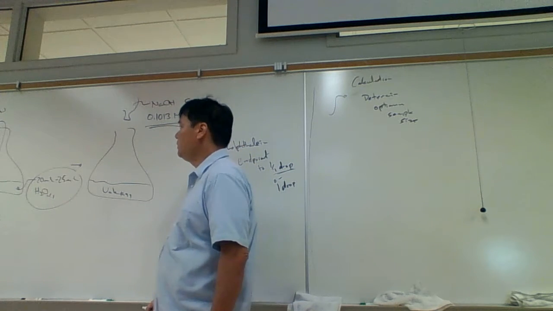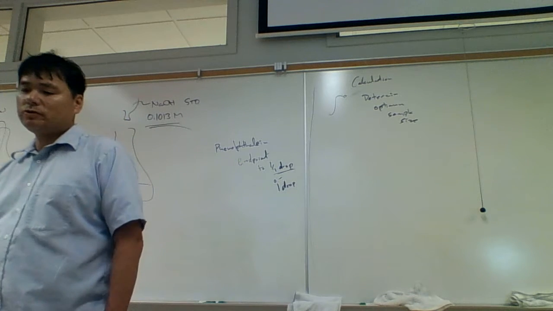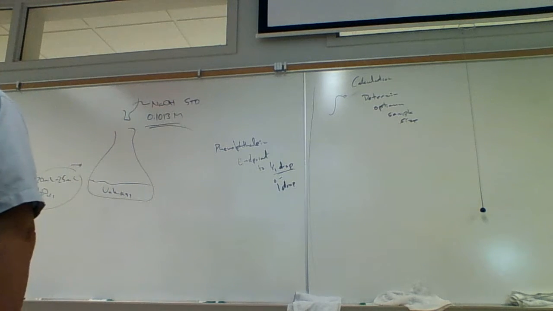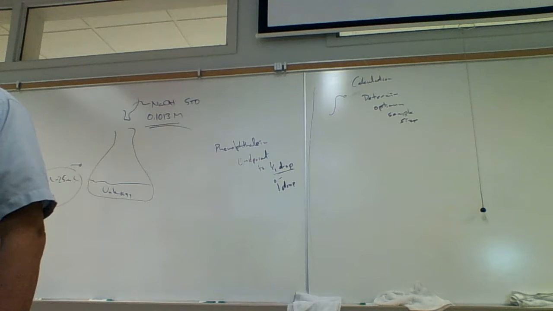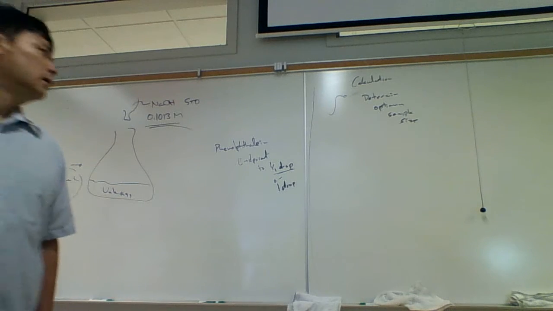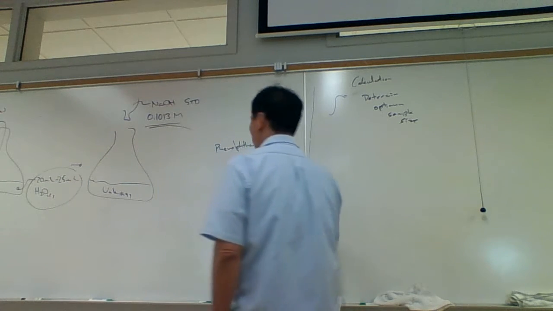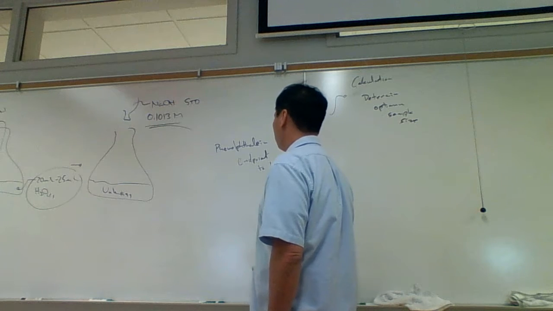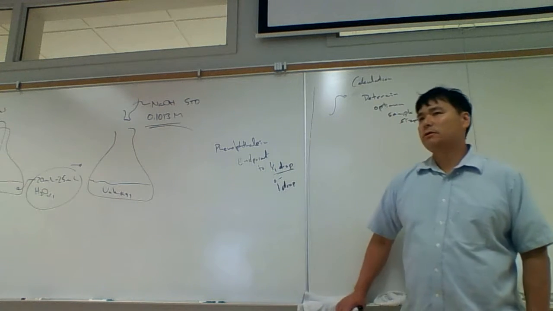Well, we should use the most we can for this particular titration, because that's going to minimize the error. So let's say we made a 1-drop error. A 1-drop error in 5 milliliters